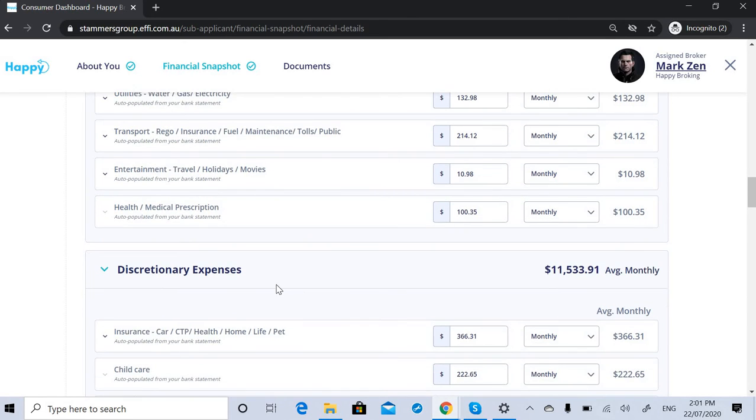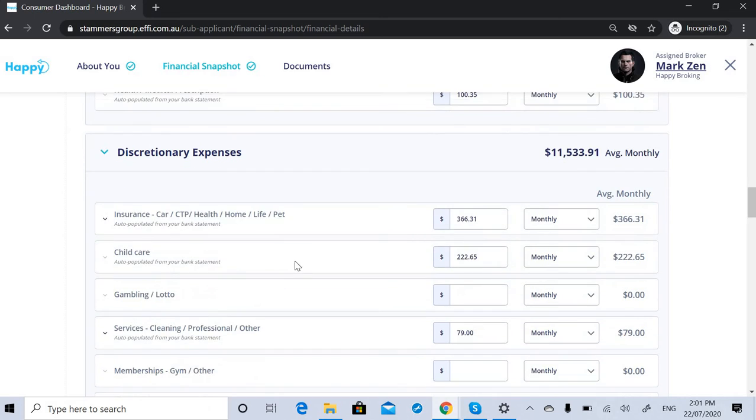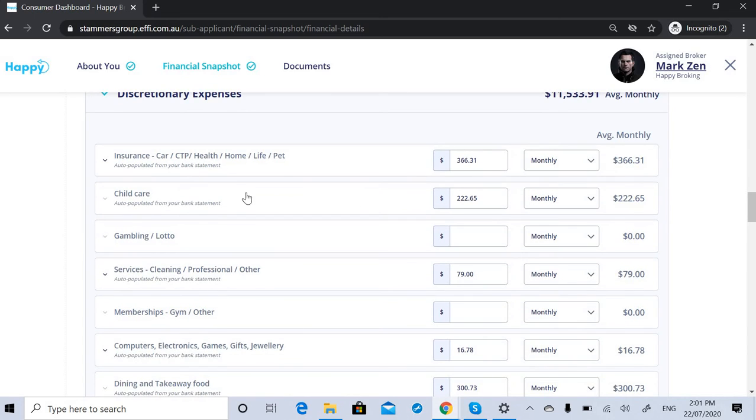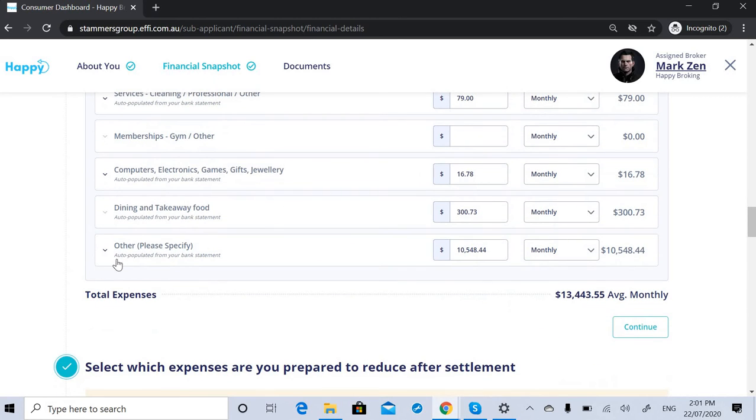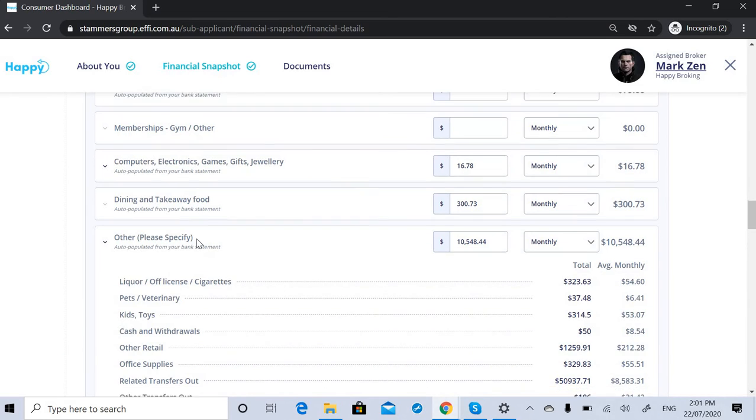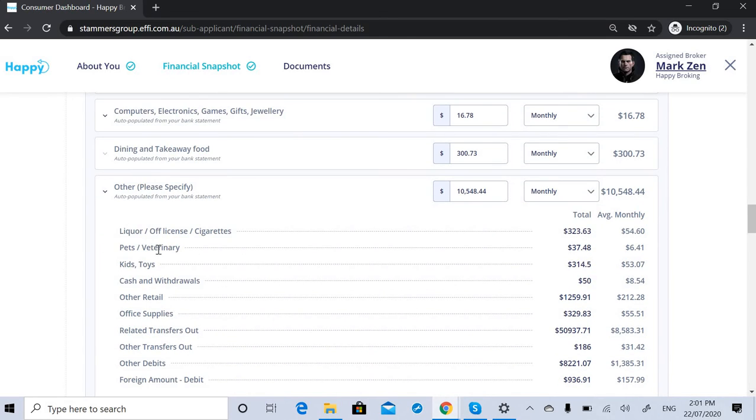Comes down and have a look at discretionary expenses. So it lumps all of the insurance together, shows you what their insurance expenses are, shows you what they're paying for childcare, other professional services. Then at the other, one at the bottom is other. So it's captured their liquor, spending a little bit on a pet, something on kids' toys, some cash withdrawals,